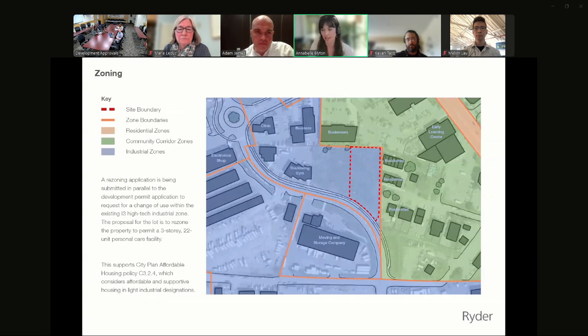So this zoning map highlights how the site lies within an industrial zone on the boundary of a community and residential area. The City of Nanaimo's City Plan's affordable housing policy considers affordable and supportive housing in light industrial zones. So we've therefore submitted a rezoning application, as Caleb described. The rezoning will be for a change of use within the existing I3 high-tech industrial zone to permit a 3-story,